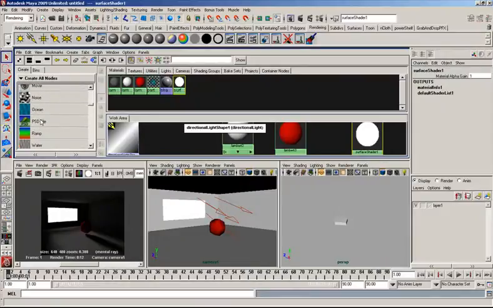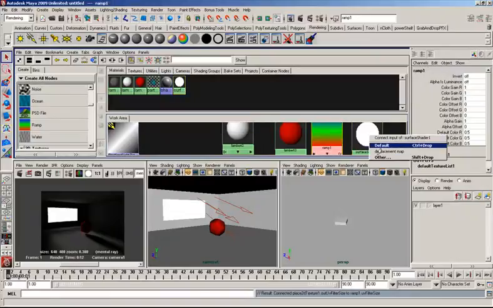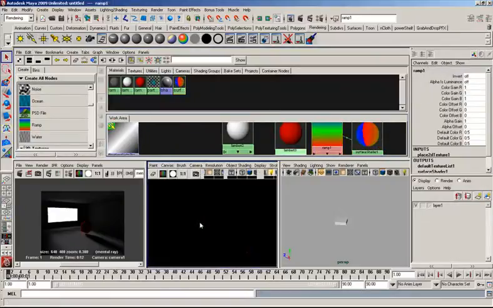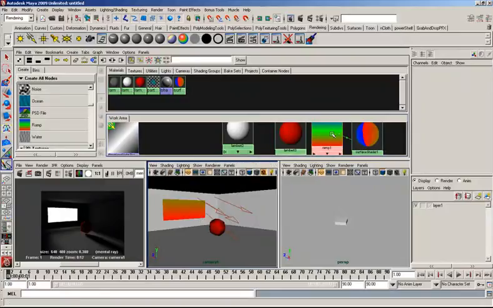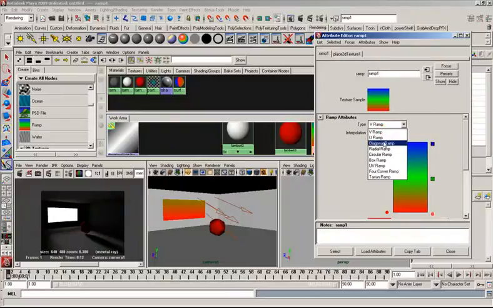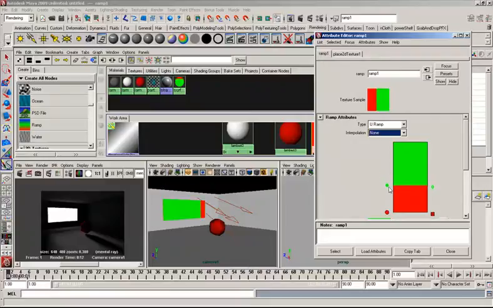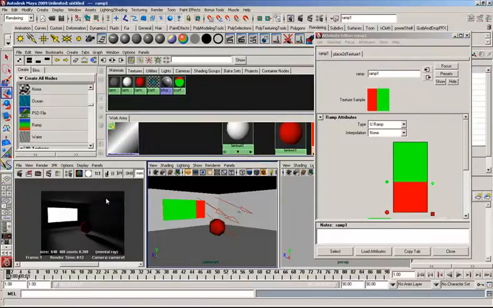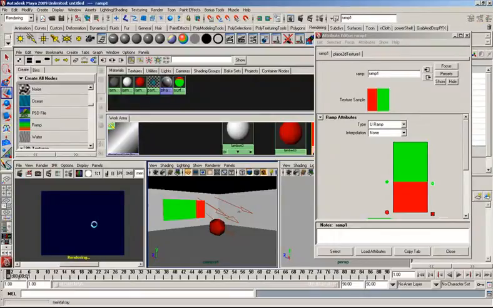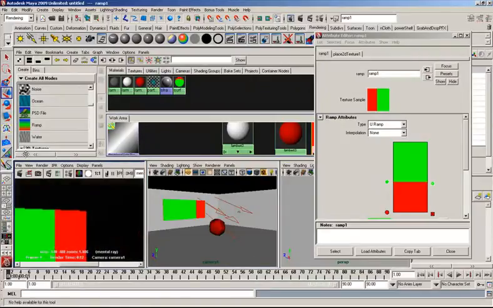I'm just gonna do something crazy here. I'm gonna map a ramp onto that surface shader's color. And I'm gonna change the placement of this to a U ramp, and just none. Just two colors, red and green, so it's going to be really crazy. Might have to change the value so that you can really see a change, but let's see what happens. So because it is Final Gather and it is based on the material information, then you can see that there's green